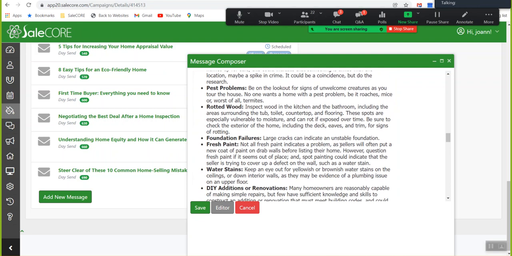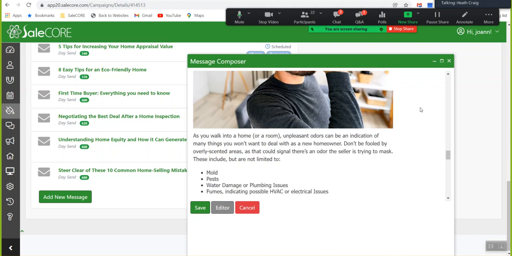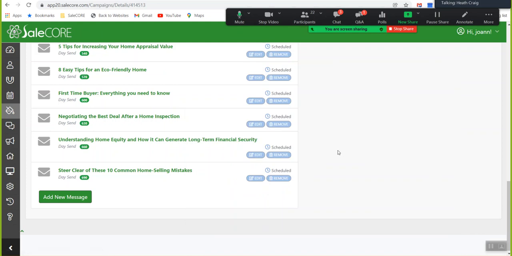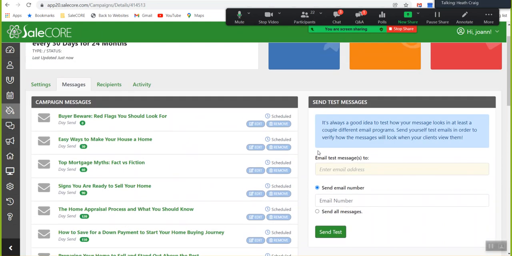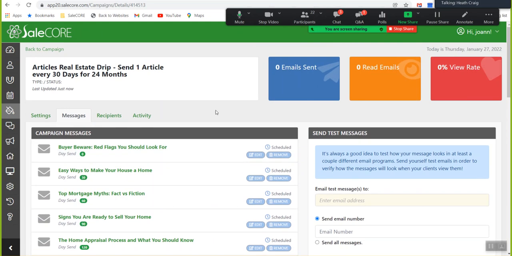Okay, so again, this is a great way for you to get content out to your clients that they can read, and you don't have to do a lot of work. You don't have to write the article. You don't have to have it designed or design it yourself. You don't have to build it into the email marketing campaign. All you have to do is just select it,